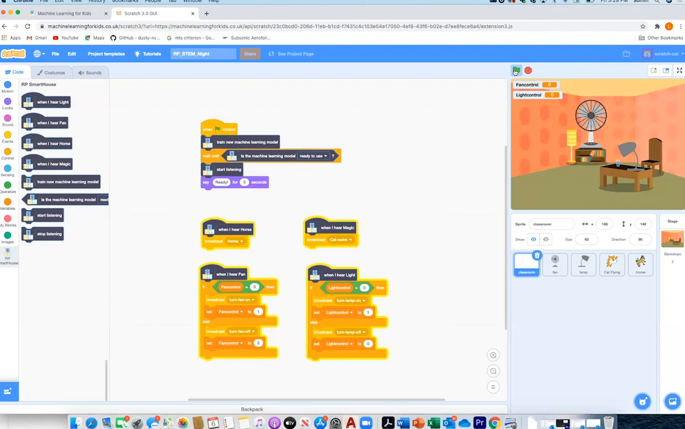So once you're ready, we click on this green flag. As you can see in here, once it is ready, it will say ready. Now we can use our commands. Light, light, fan, fan, horse,